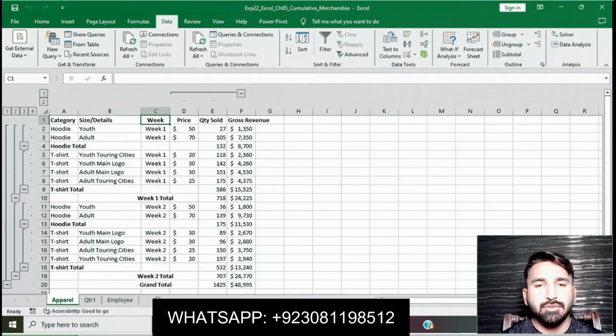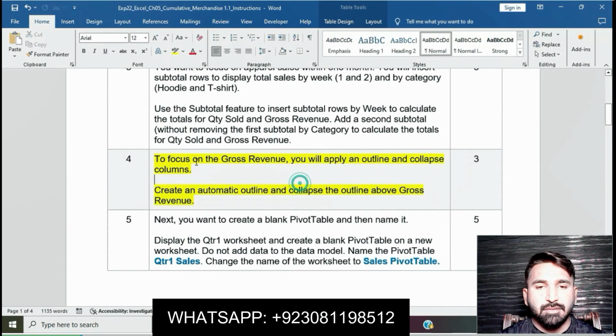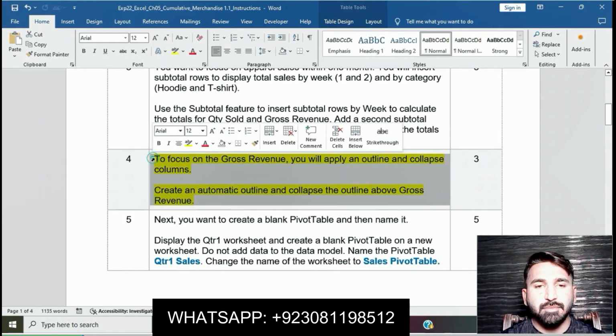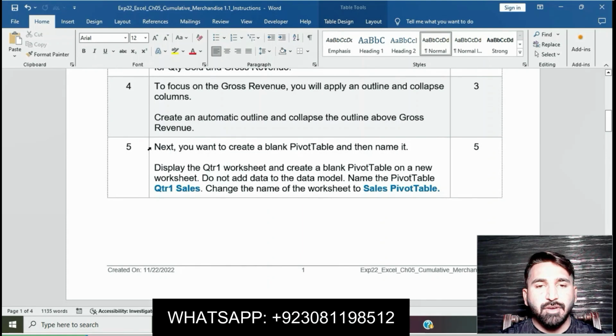Go to the Excel workbook. Okay, it will be collapsed on gross revenue. I have done 4 steps of this assignment. Now moving on to step number 5. Step number 5 is to